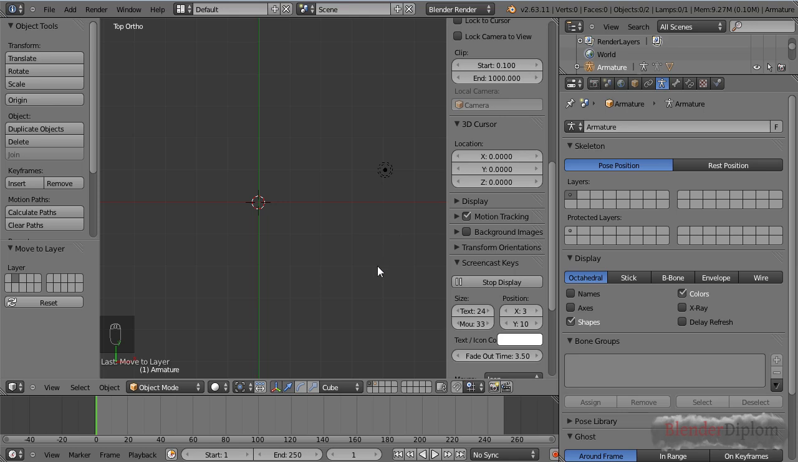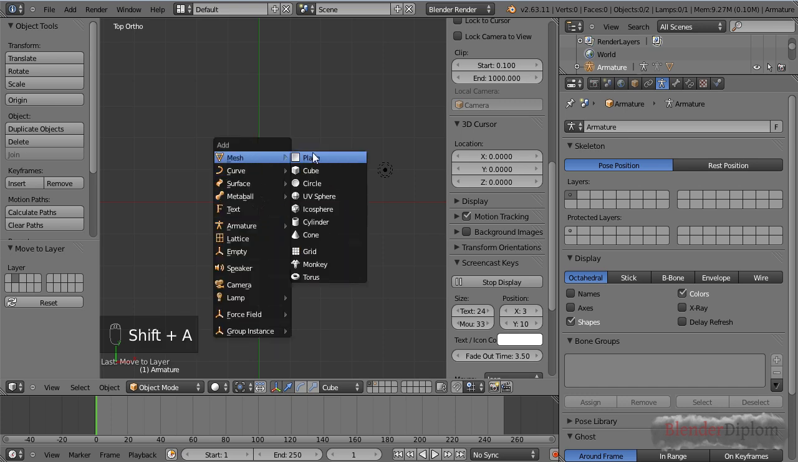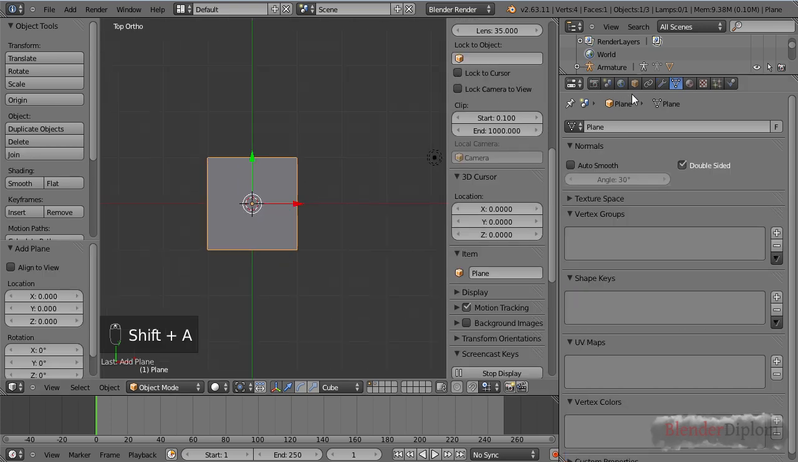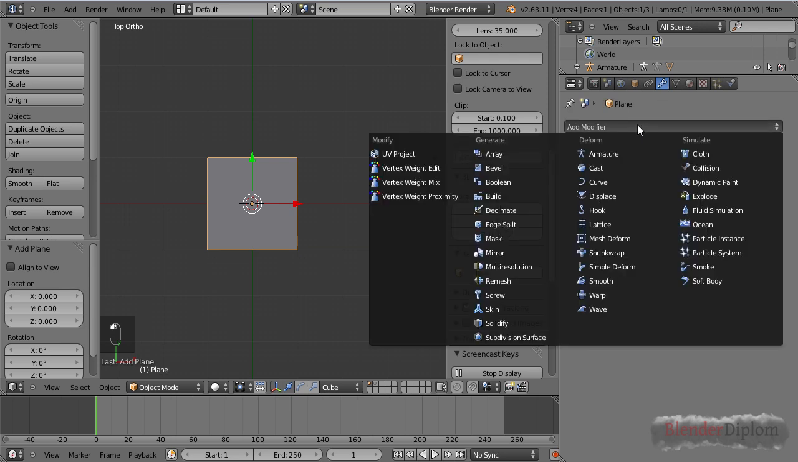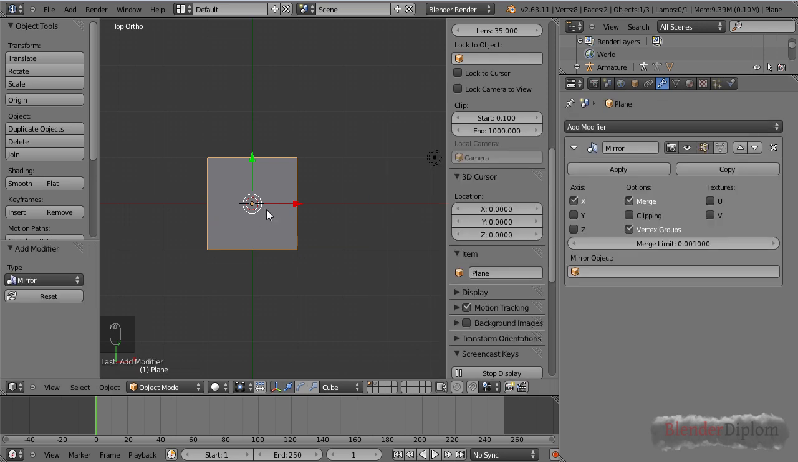This chapter is about the mirror modifier, and the mirror modifier is actually pretty versatile, so this is probably going to be a little bit longer than the usual modifiers. Let me start off by just adding a plane. If I add a mirror modifier to this plane here, you can see that it doesn't look very impressive,